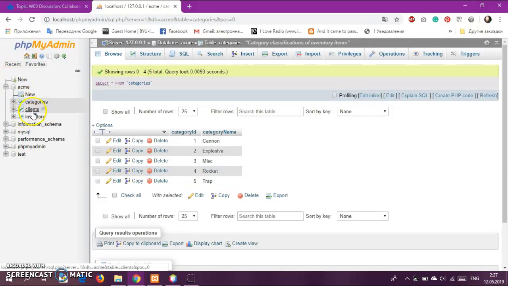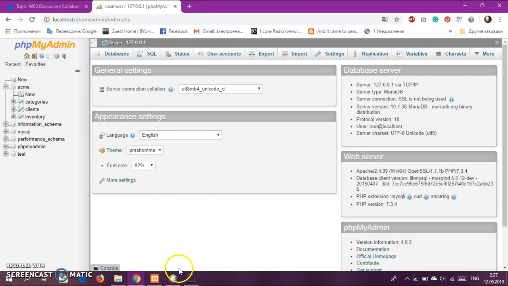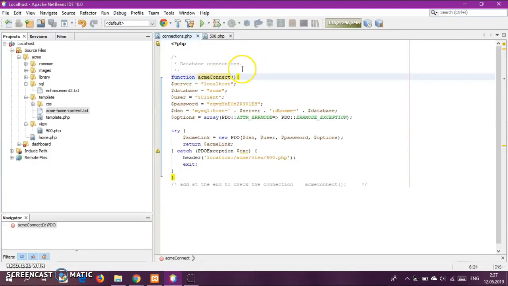So I have created the user account and I connected it here. So I created the library folder and created here connections PHP file, and so if we will run this file